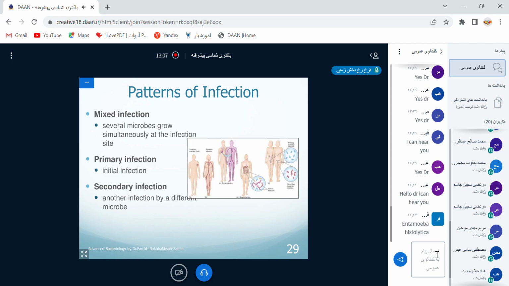Histo means cells, intestinal cells, and lytica means lysis. So as its name shows, if by drinking water, or by eating vegetables, cysts of this amoeba can reach our intestine,